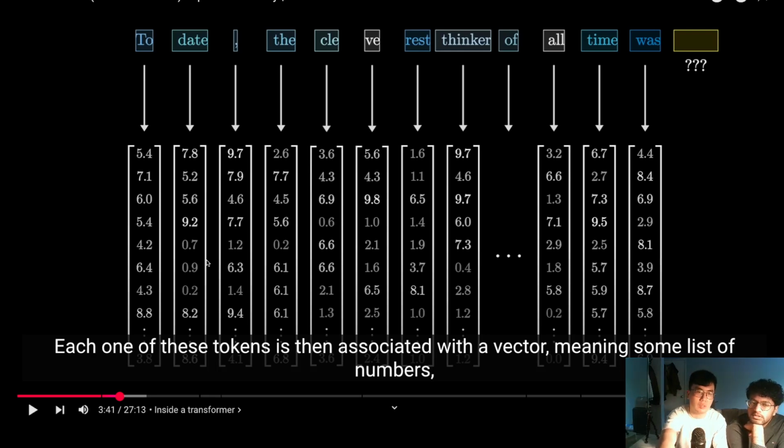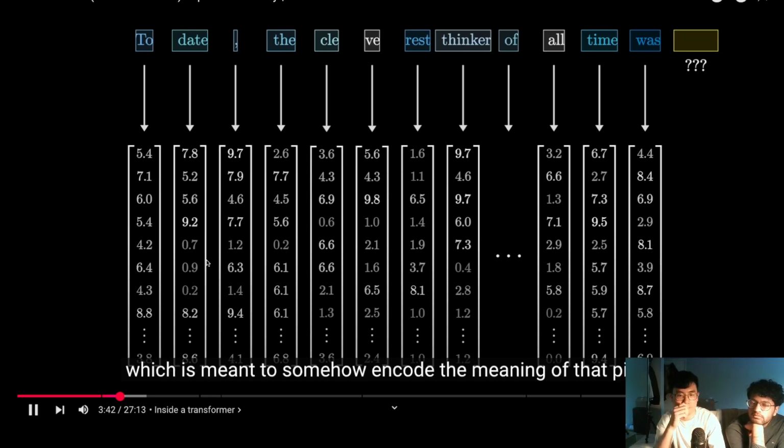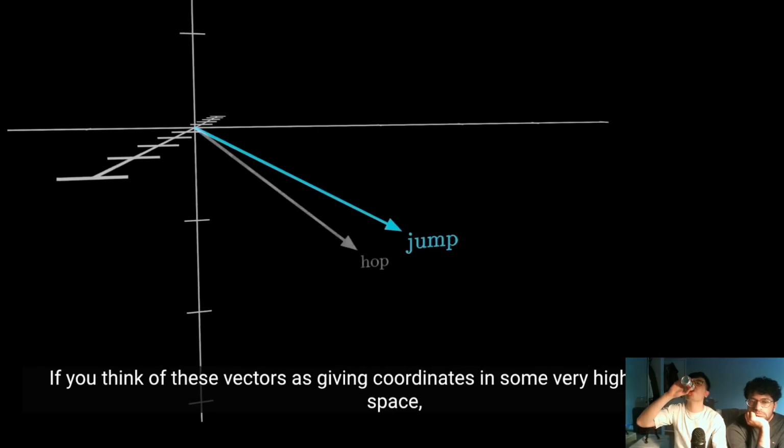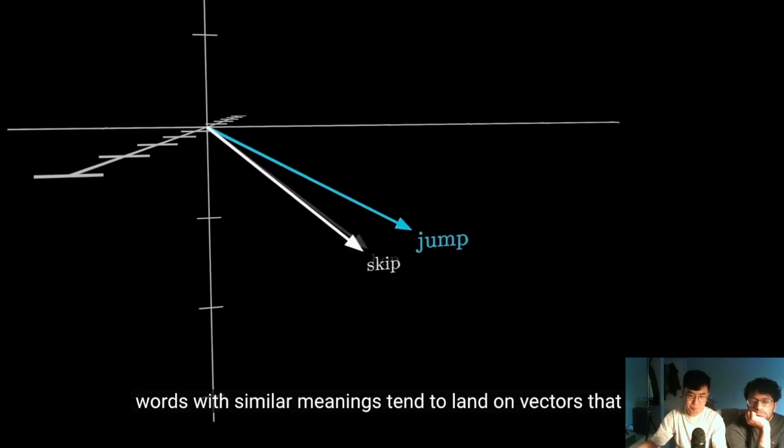So tokenization literally is just a one-to-one mapping. No matter where this token is, it will be the same vector. Yeah, it should be, which is meant to somehow encode the meaning of that piece. If you think of these vectors as giving coordinates in some very high-dimensional space, words with similar meaning